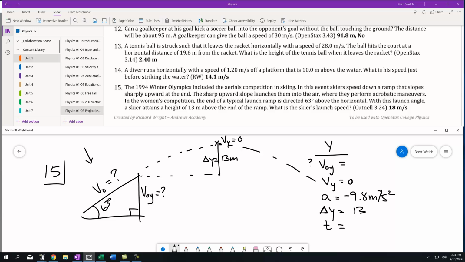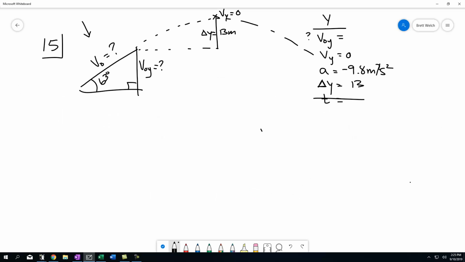And time I don't know, but I'm going to claim that the third kinematic equation should solve this problem, giving me v squared equals v naught squared plus 2a delta y in this problem instead of delta x. We know that this will be 0 equals v naught squared plus 2 times negative 9.8 times